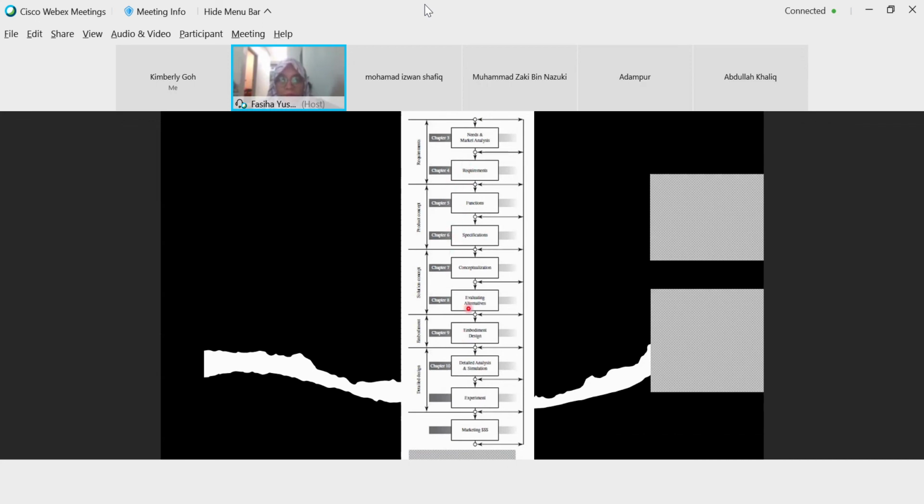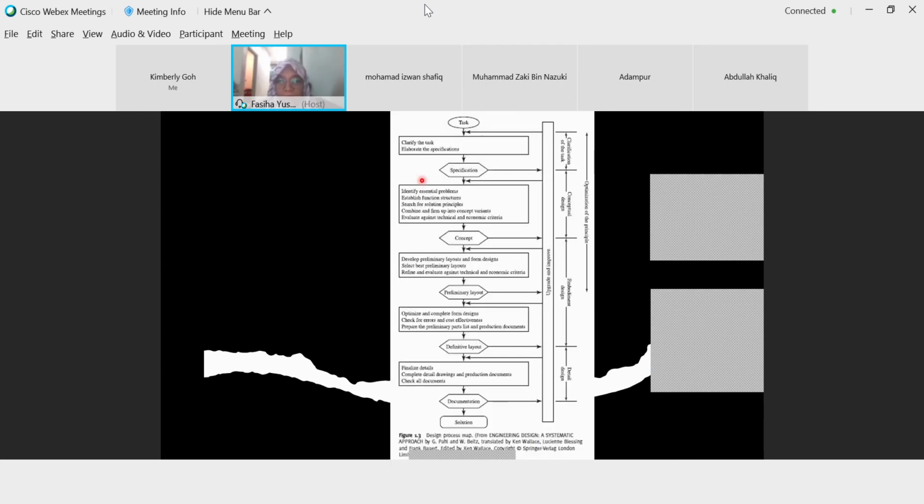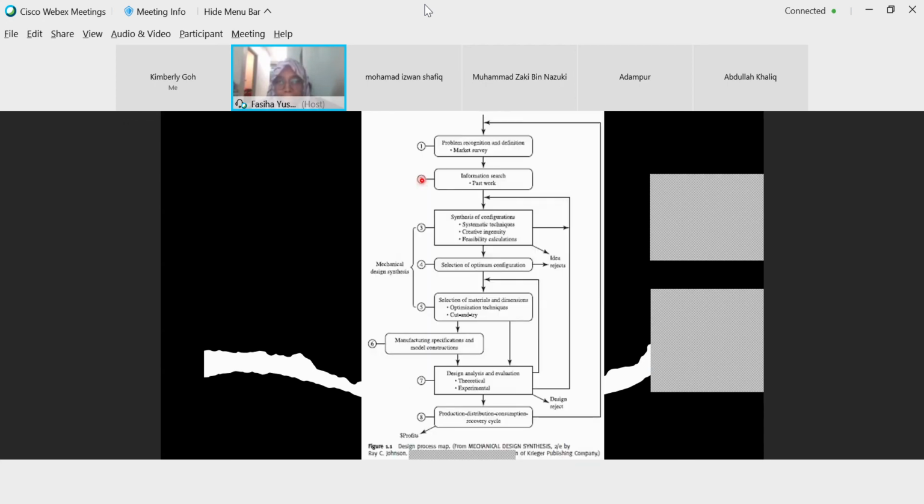There are many versions of this flow chart, the guideline, the systematic design process, because people are doing research on this and they propose this and that. But look at the first one: we start with problem recognition, information sets, synthesis of configuration, going downwards, design analysis and evaluation, experimental.